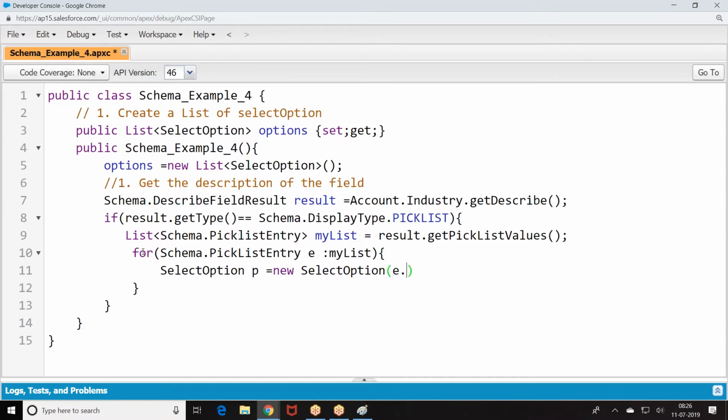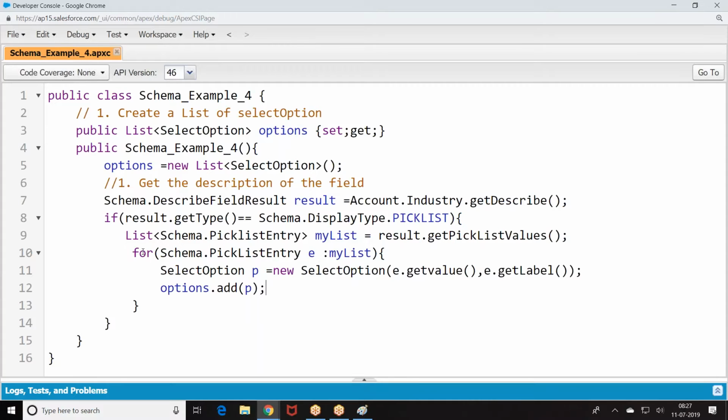Dot get name, then options plot. Now try to get the story.